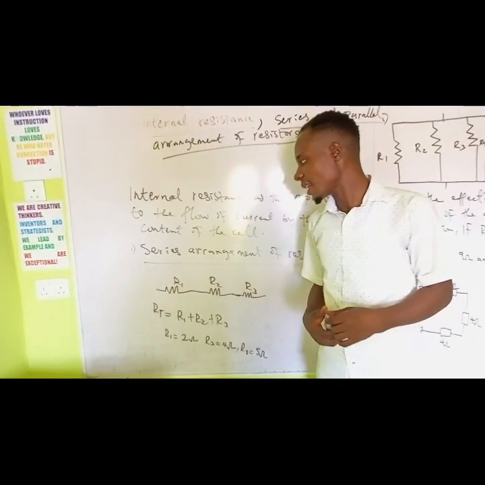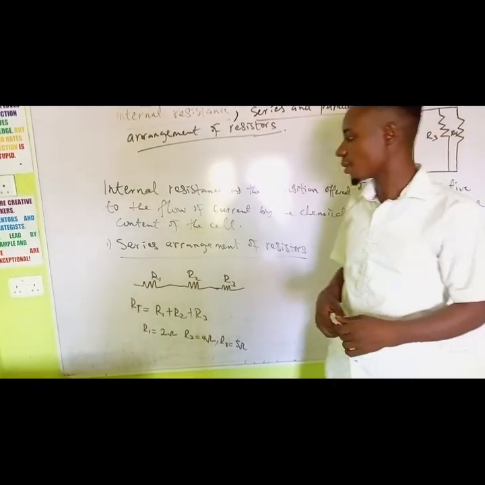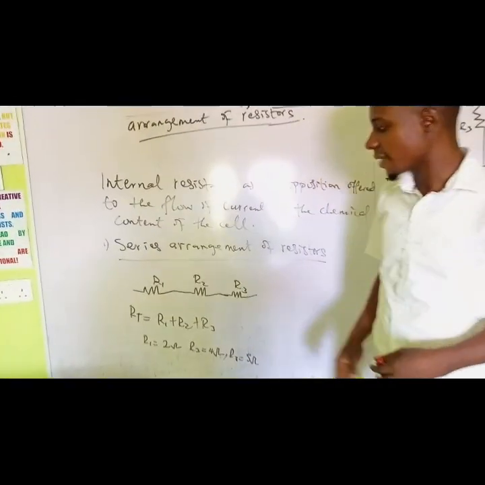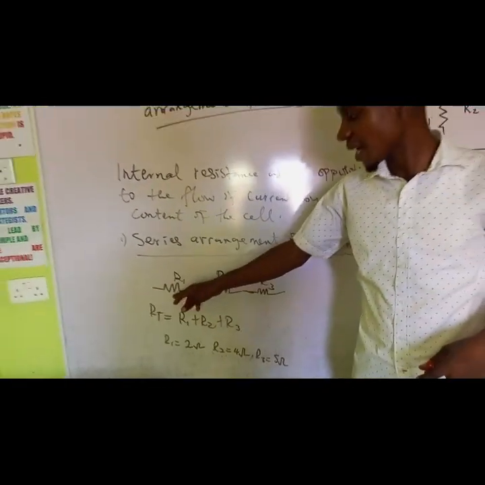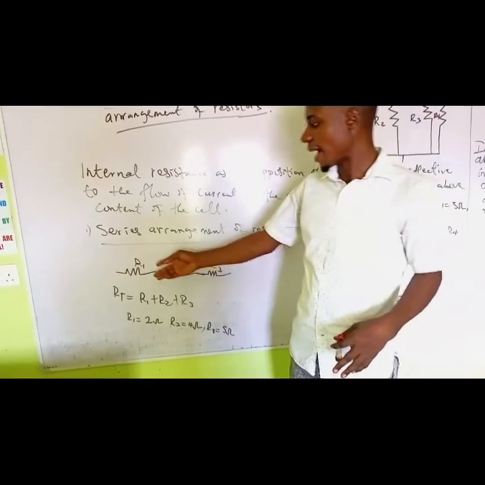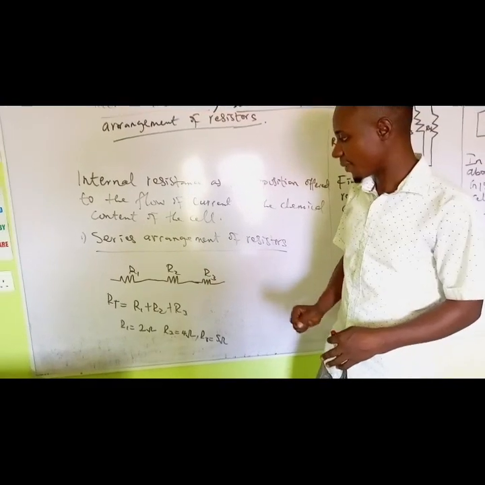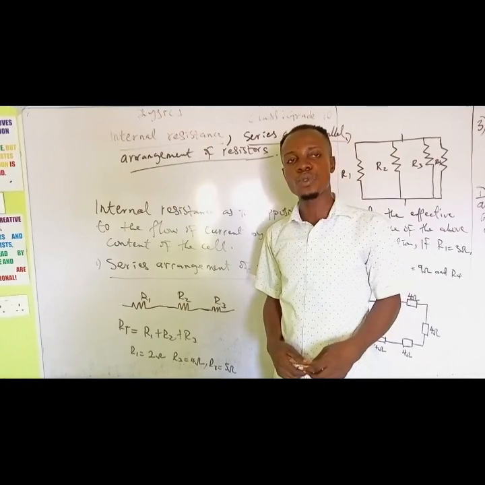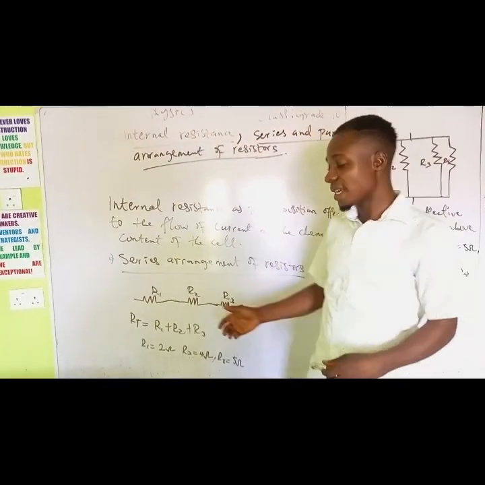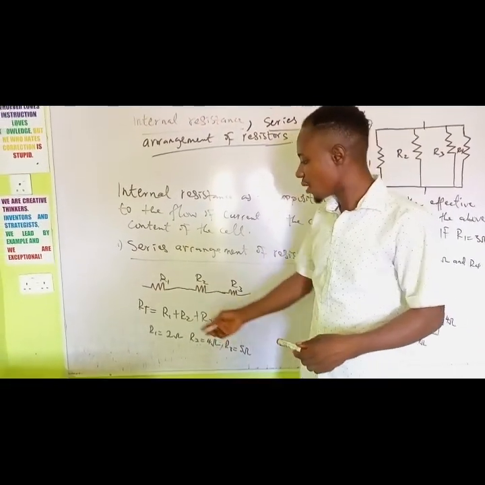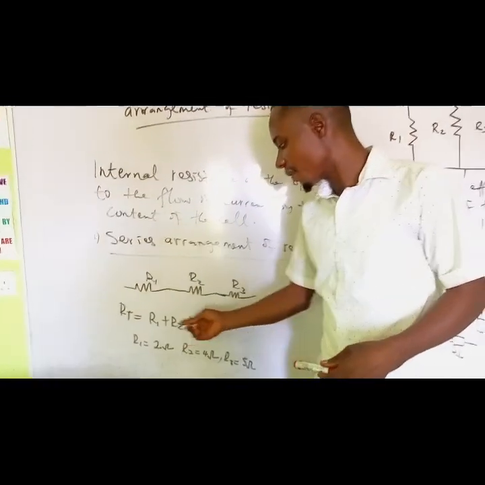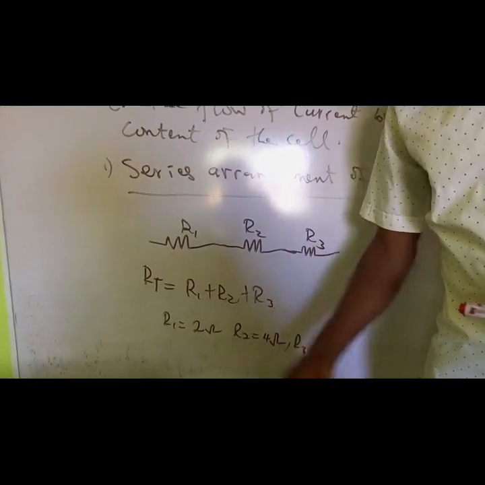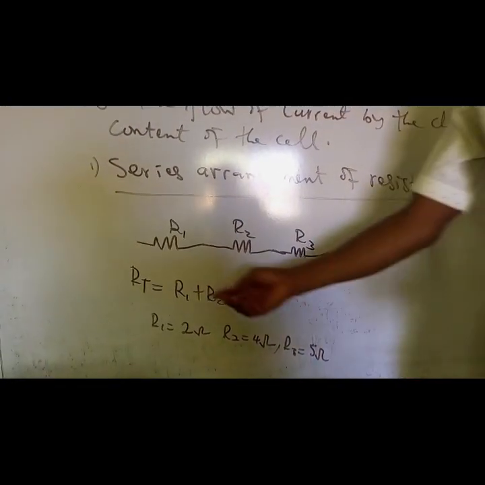Now, we have another one, which is series arrangement of resistors. Now, when you look at this, this is how resistors are arranged in series. They are arranged horizontally. Here we have our R1, R2, R3. So if you're asked in an exam to calculate your total resistance in series, the student is expected to sum the values of individual resistors. So I have here my R total, which is the total resistance in series,